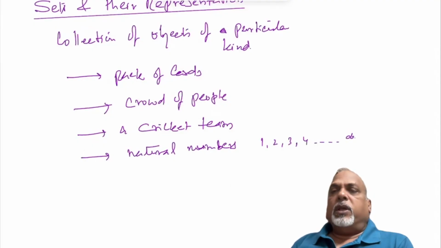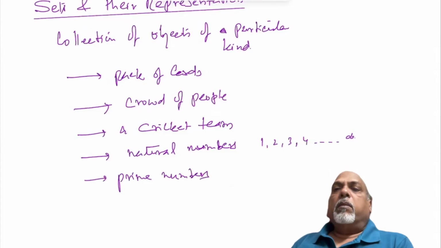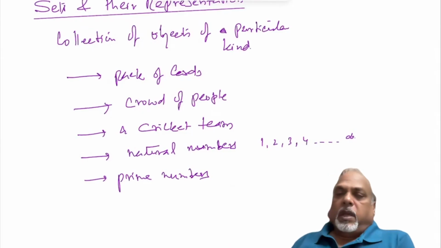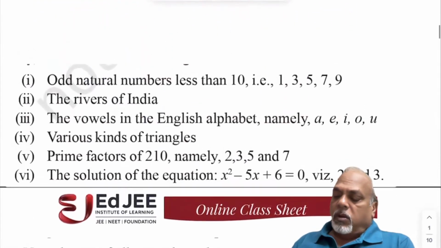So it is a collection of objects of a particular kind, correct? Prime numbers are distinct. So if we have a collection of these, this is also a set, correct? Now, just see here,